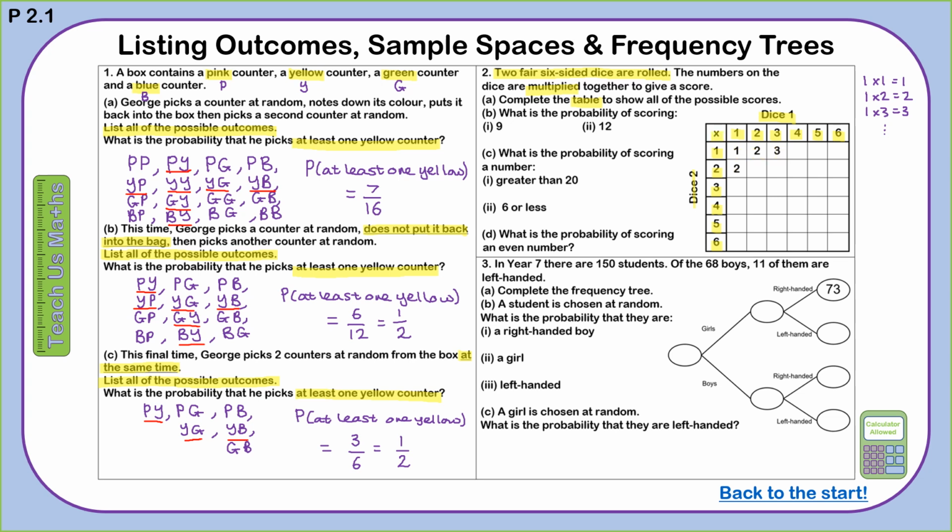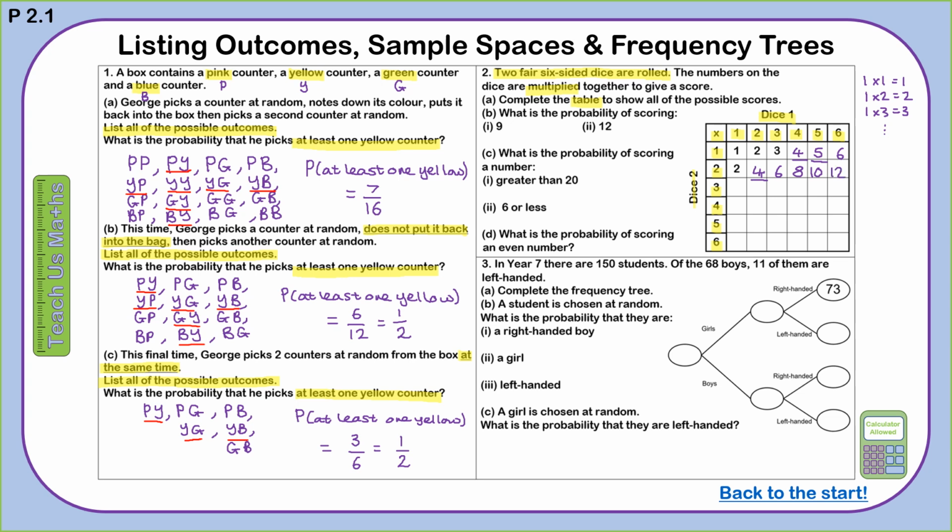So let's complete this table. So in this box here, we've scored a 4 on dice 1, a 1 on dice 2. Let's multiply those together. That gives an overall score of 4. In here, a 5 on dice 1, a 1 on dice 2, giving a score of 5. And so on. 6. Going on to the next row, we've got a 2 on dice 1, a 2 on dice 2, so a score of 4. Then a score of 6, then 8, 10, 12,